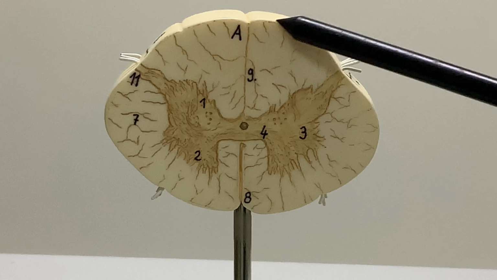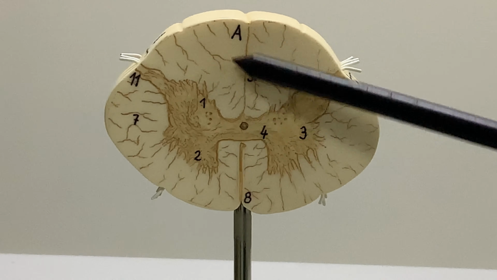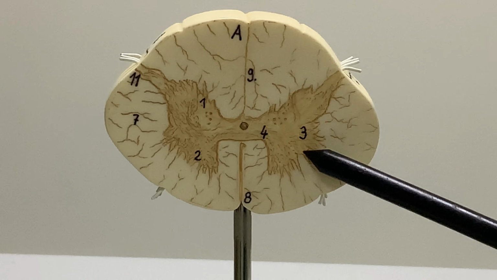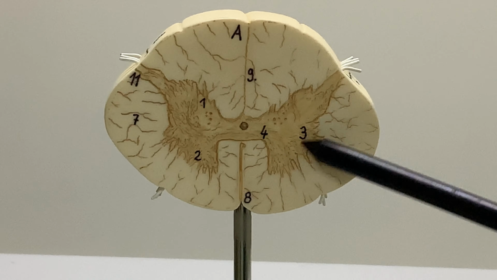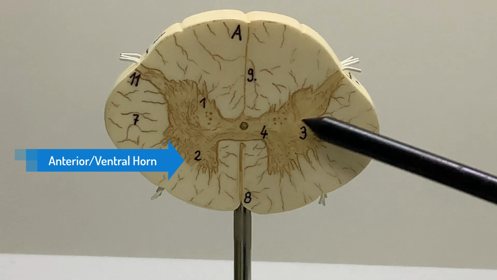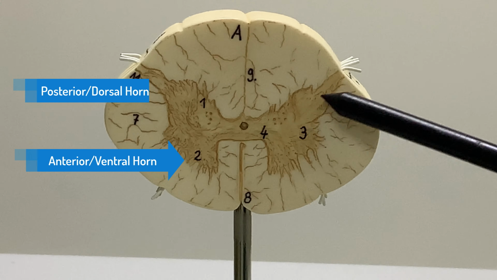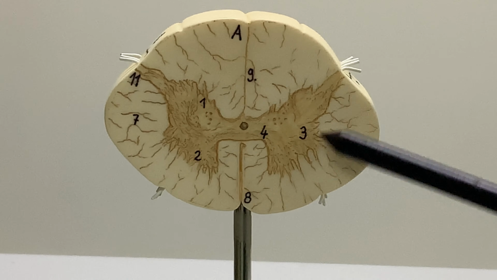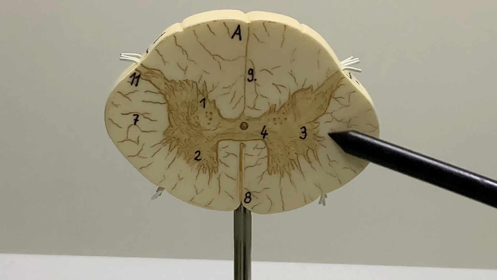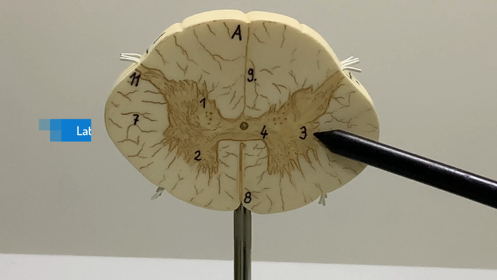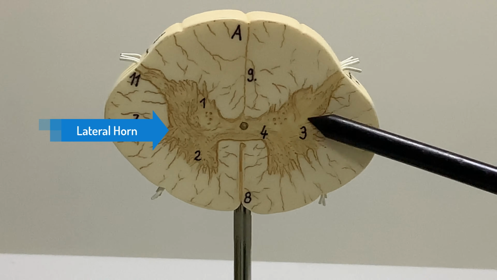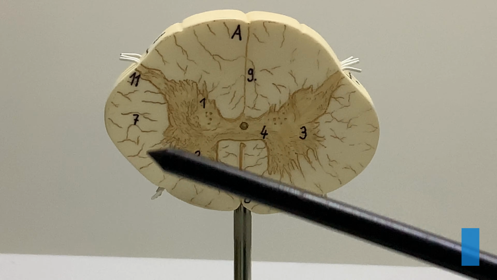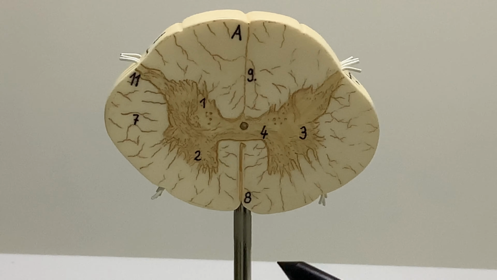And then we are good with this. This is the white matter, and this one which is H shape, that is the gray matter. This is my anterior aspect, so this is my ventral, and this is my dorsal. These are called horns. So this is my dorsal horn, this is my ventral horn, and there is something more which is extra, and that is present laterally, that we call the lateral horn. This is really important for understanding the formation of a spinal nerve.